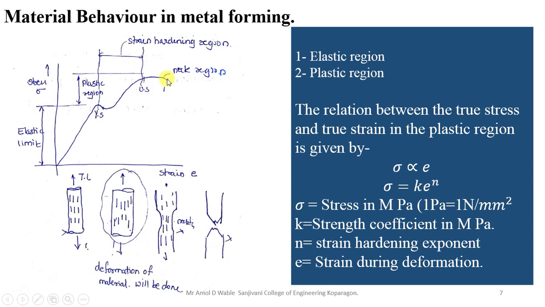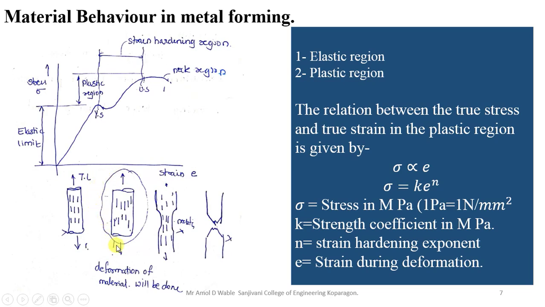Further, a point will come where the rod will break. This will be the breaking point, and due to the ductile property of your material, you will find that we get a V notch at the end of your rod where the breaking has been observed. If it was a brittle material, then you will find a flat surface, as due to the crack we'll get a flat surface at the end.